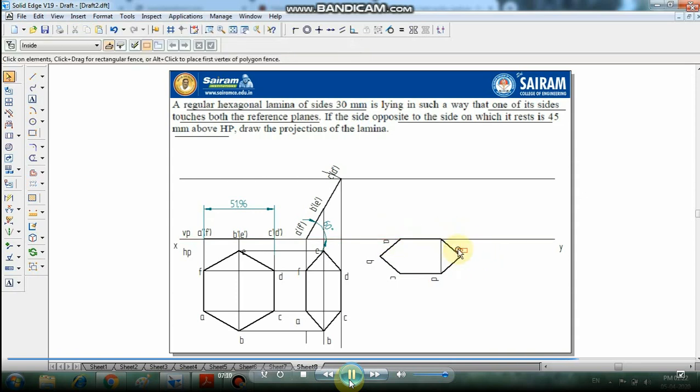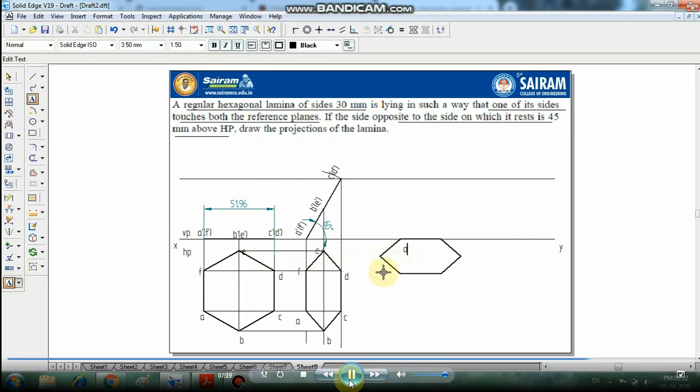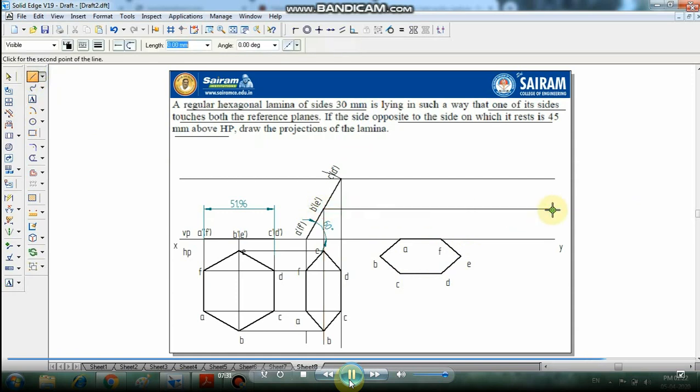So we can type letters, text those edges, whatever they are. FA is the edge which touches the reference line. From here we draw these projection lines: C, A, D, F, and E touches at E dash.